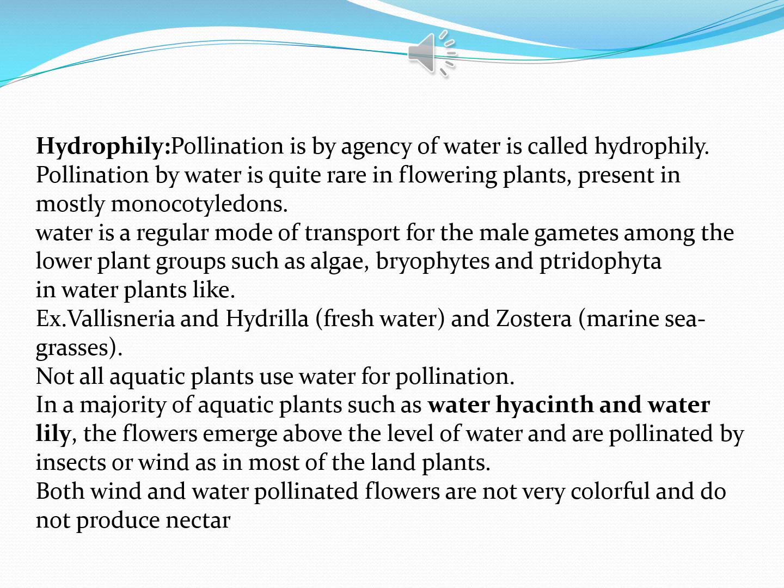In case of hyacinth and lily, the flowers will emerge above the level of water. Here the pollination is done by insects or wind, as it is found in land plants. As you know, not all aquatic plants show hydrophily. Some plants like hyacinth and water lily have flowers coming out above the water level, and the pollination may be done by wind or by